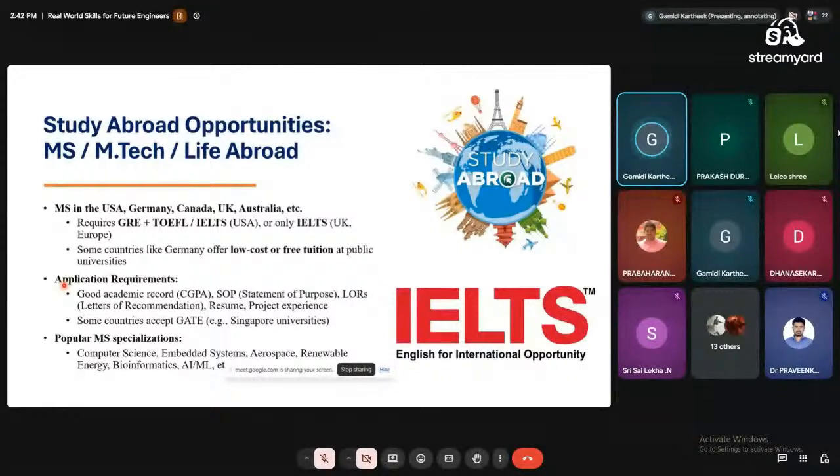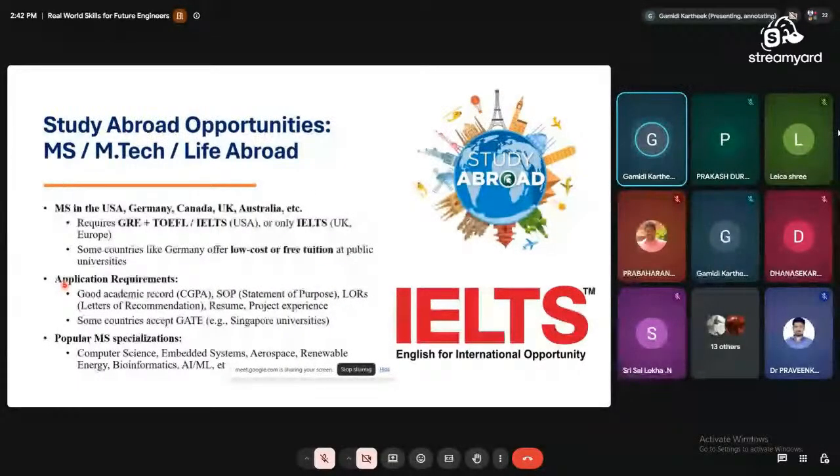You should be attending national level, international level events like hackathons. Not only hackathons, but also, for example, now Dassault Systems is conducting Akruti. It's an international event. In events like Smart India Hackathon you can attend. So you should have that global exposure so that you can showcase all these capabilities and get an opportunity in